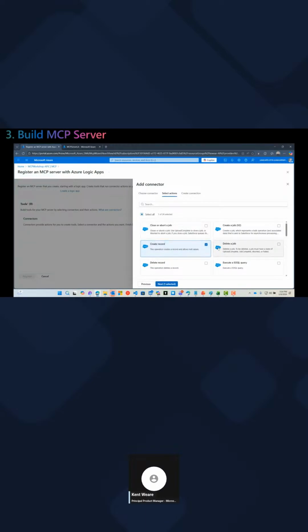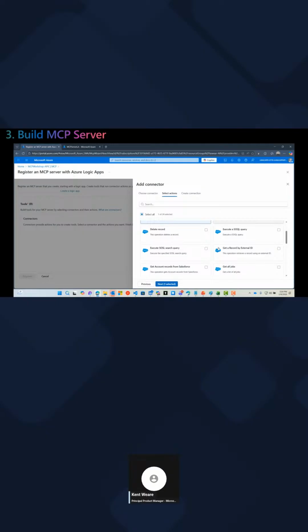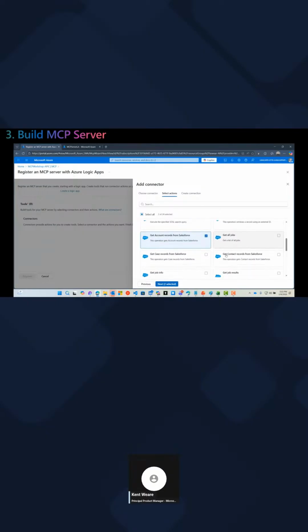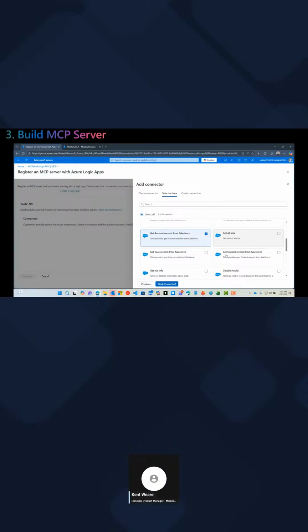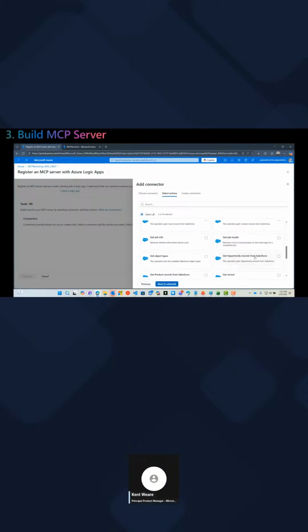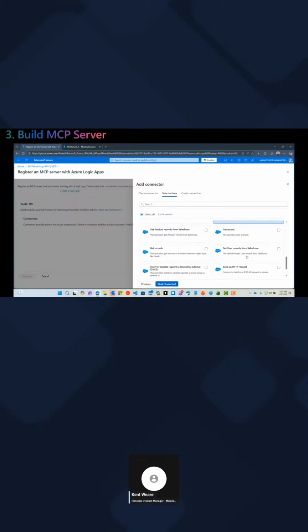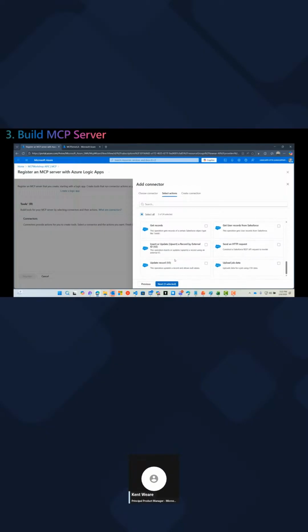So I want to create a record. So we're going to create a contact. See what else here. We want to get account records. So that is of interest to us. We also want to go ahead and get opportunities from Salesforce, and we want to update a record as well. So we're going to select those. And then next, we need to go ahead and create a connection.